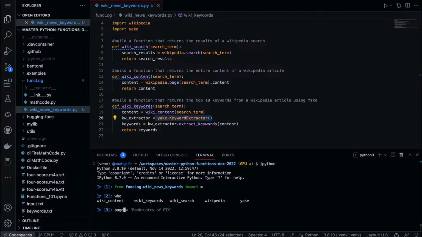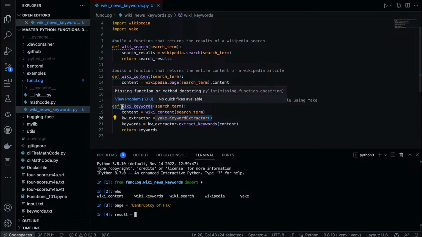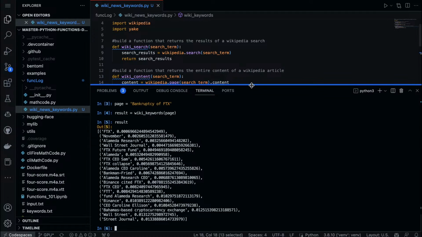And now we can just say page is equal to, which we can get the auto completion from IPython here, and then I can say result is equal to wiki keywords, and then that page. And we look at results. There we go. We've got the keywords out of here. So kind of a cool little service inside of here that we've been able to find,